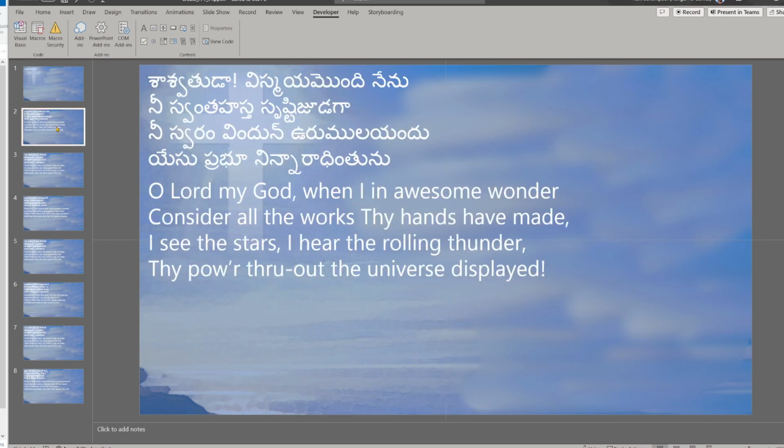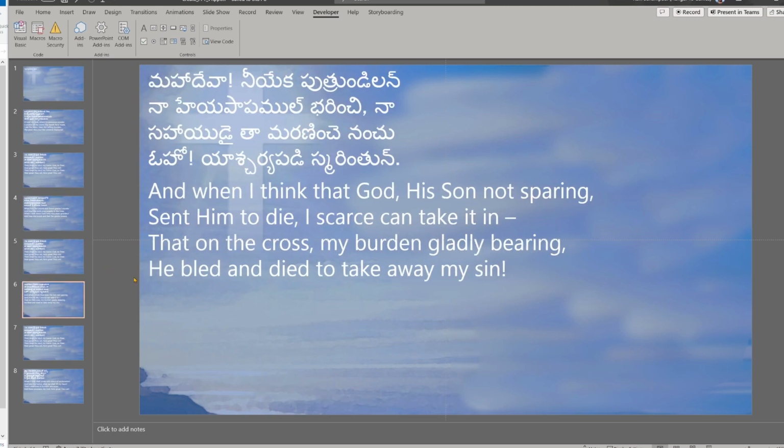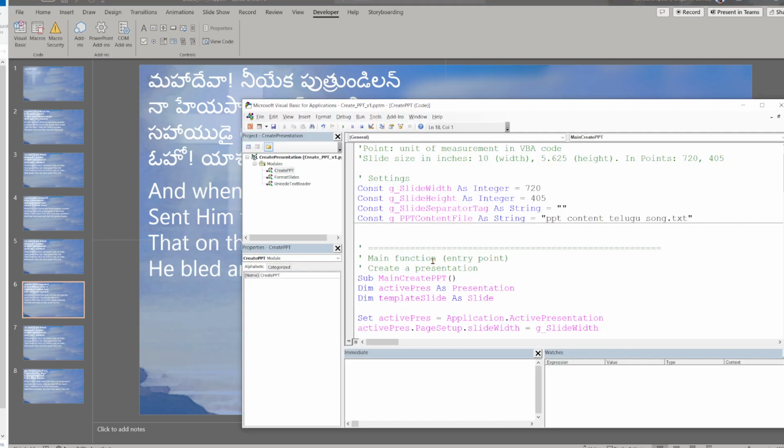So we can see it changed, and when you are satisfied, you can just go to file and save it as a PPTX file, which is a file without this additional code. So you can use that for your